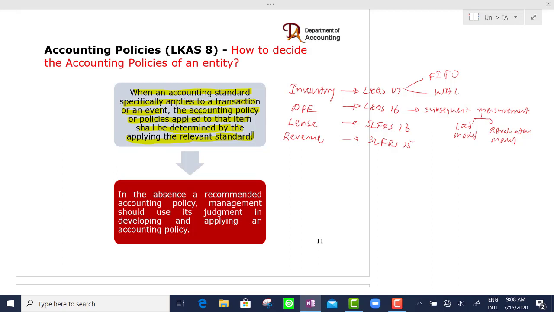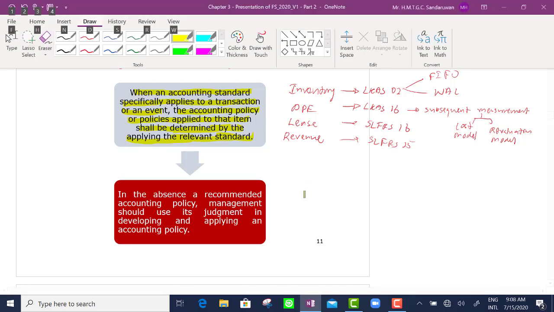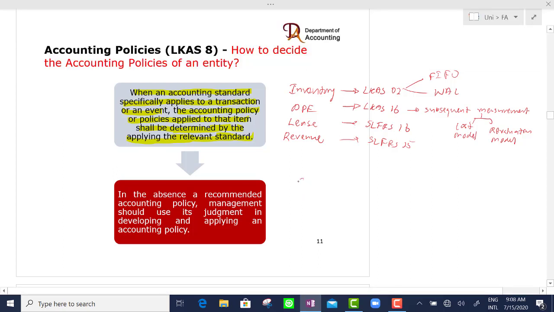Another example is, now I told you that we are facing the crisis of the COVID-19 pandemic, right? So think about a bank, a commercial bank. In a commercial bank, loans and receivables are a very important asset, right? Loans and receivables. Now, usually assume that they are